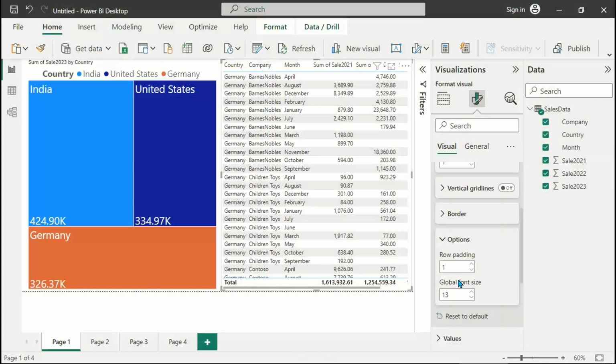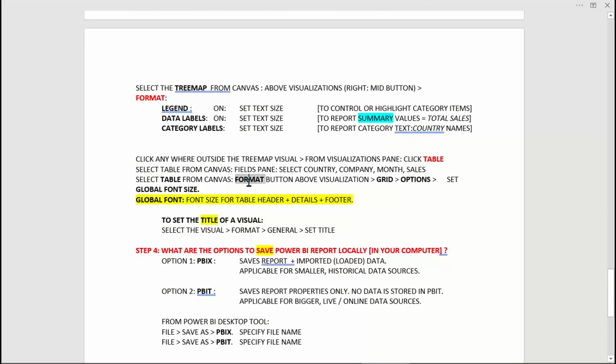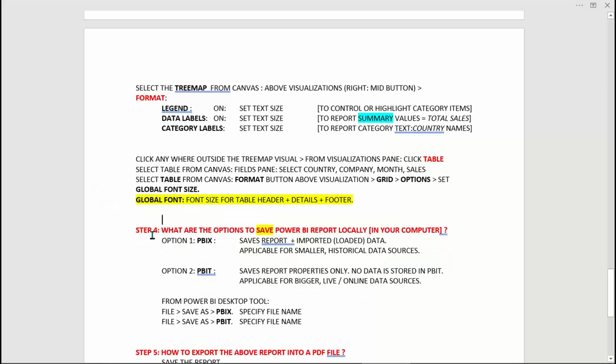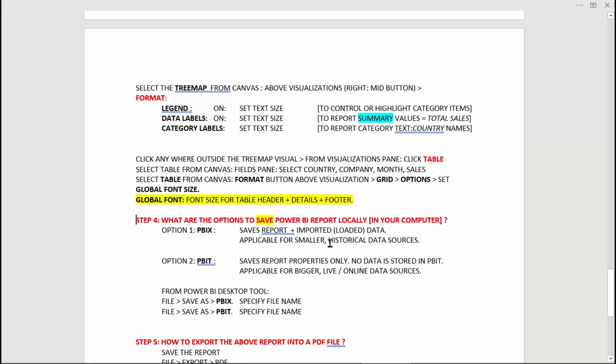Once your report is ready, back to our notes. So format, grid, option, set font size. Now once we get this information ready, what do we do? We save the report. Locally, we can save the report in our computer. There are two options: